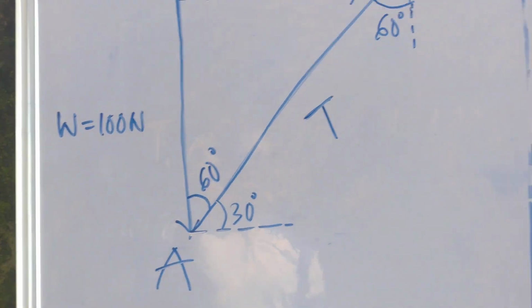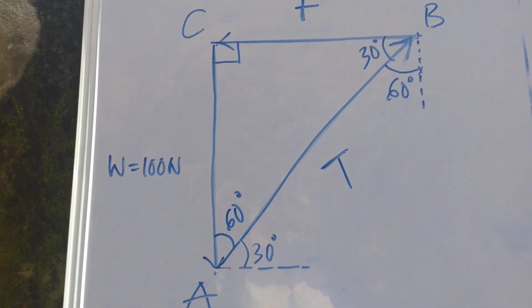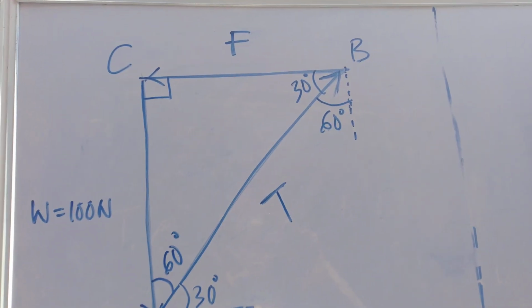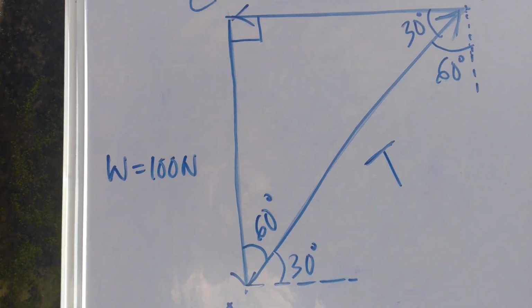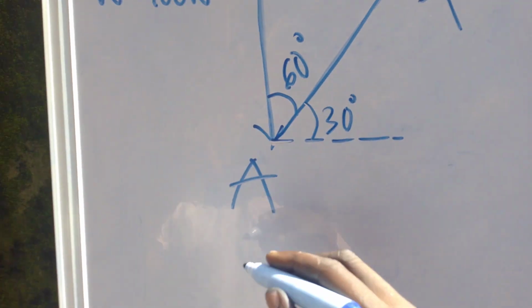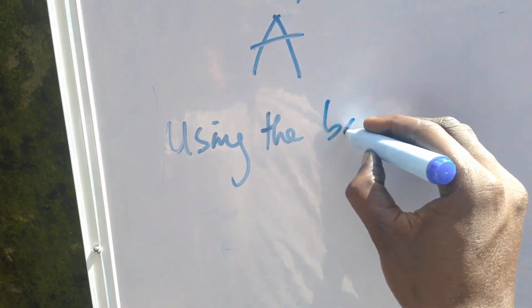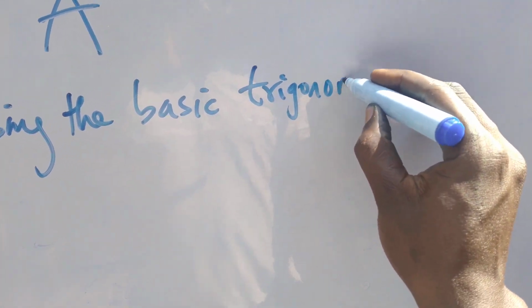And to look for T now, you simply use your trigonometric ratios. Sine rule will not work here. So what will work is your trig ratios, because this is a right angle triangle. So using the basic trigonometric ratio,